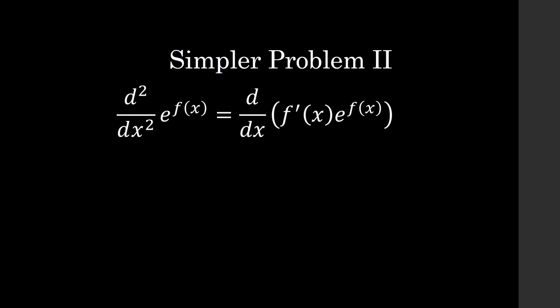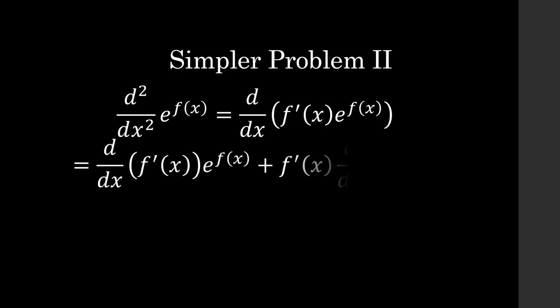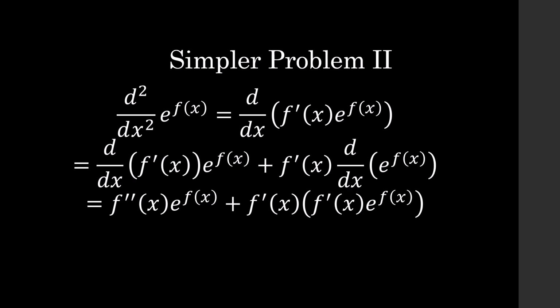We can do this similarly with the second derivative, where we just take the derivative of the derivative. And since we know that the derivative is f prime of x e to the f of x, taking the derivative of that using the product rule, take the derivative of the first, multiply the second, and then add it to the first, multiply the derivative of the second, and we get the form f double prime e to the f of x plus f prime times f prime e to the f of x. And this simplifies down to f double prime of x plus f prime of x squared times e to the